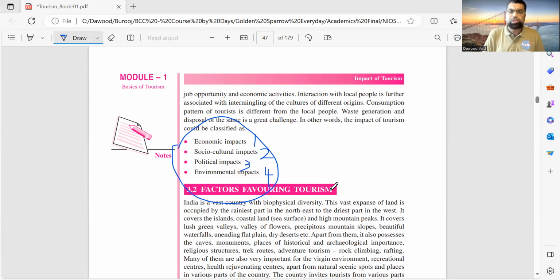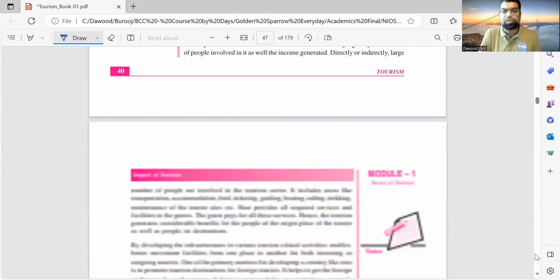Now, when a tourist goes to a particular place, you buy things, you shop there, you look at the culture, you see the situation there. Will you travel to a place which is unsafe or only a place which is safe? All of these are impact factors. I've also made a small snapshot, which I'll be sharing in the same Google Classroom as you watch it. This will give you an idea of what we are looking at. Number 1, let's look at the economic impact of tourism.